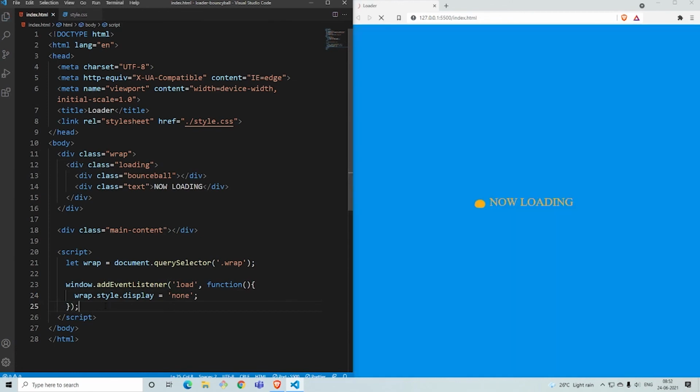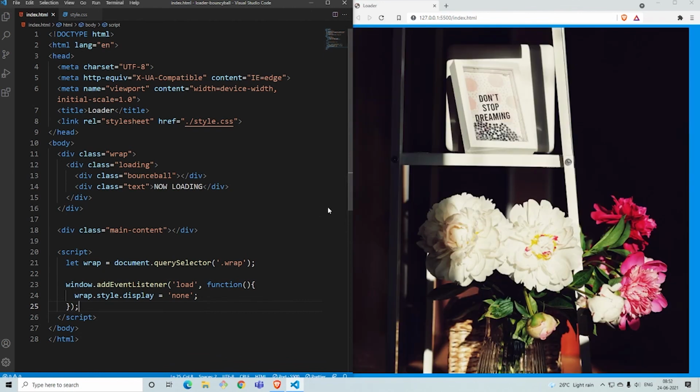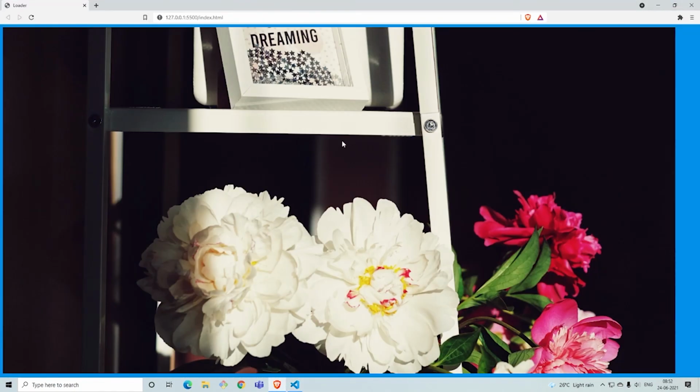Now once you save it and you load it, okay, it's loading, it loads. Now the image is there and the display is set to none. Now if you want, you can also change the background color. That's up to you. You can use a particular query selector, and since the image is set to random and it's taken from the website, there is not a lot of problem there.